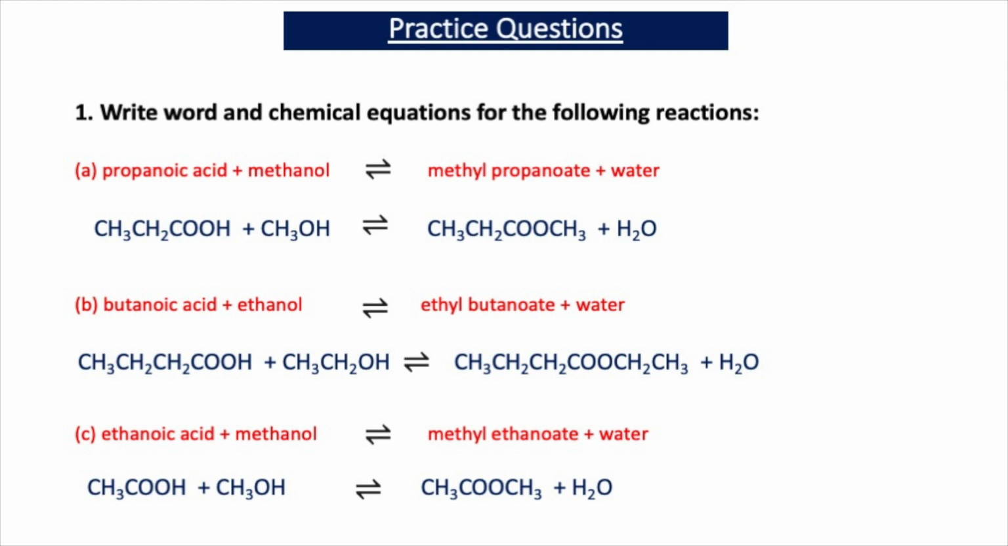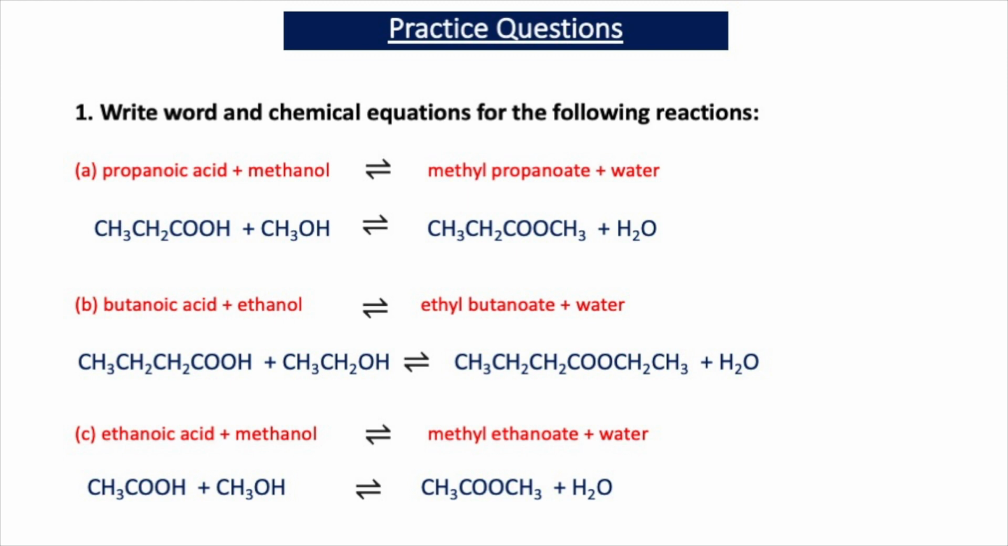water, and butanoic acid is CH3CH2CH2COOH, ethanol is CH3CH2OH, and we're going to get CH3CH2CH2COOCH2CH3 plus H2O. And for the last equation we have ethanoic acid and methanol, so we're going to get methyl